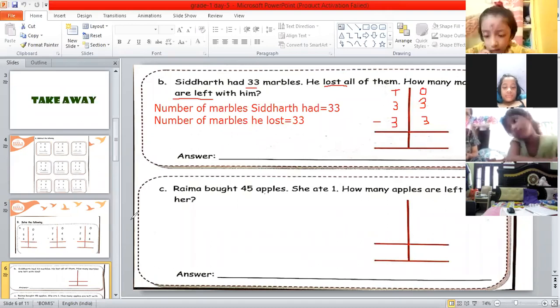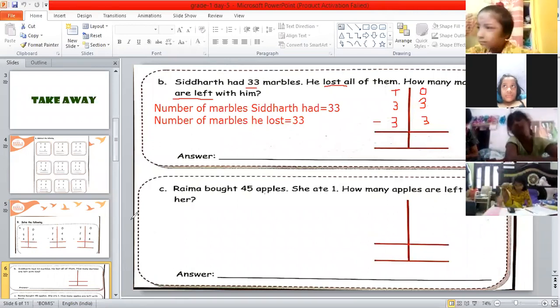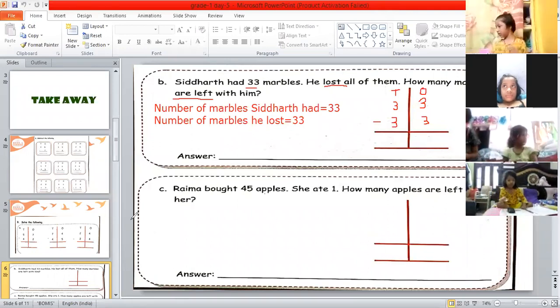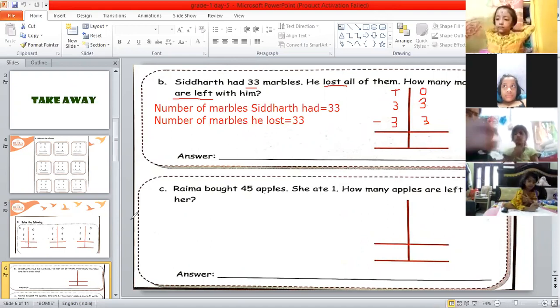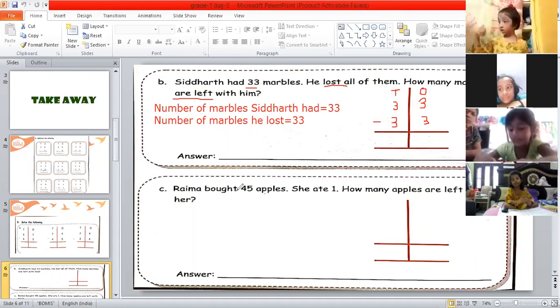Mayuri, where are you? Mayuri. Yes, Anvisri, you were raising your hand. Yes, ma'am, she said it cannot show on the screen. She's unable to see the screen. Okay. Thank you, ma'am. Dhruti, then please check your network because other children are able to see. Please check your network, Dhruti.